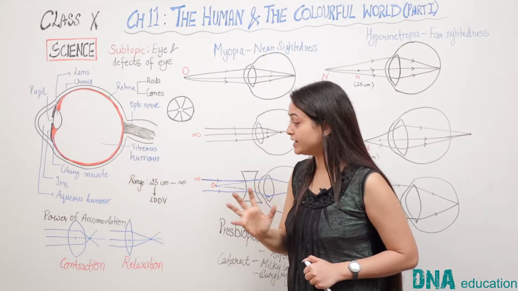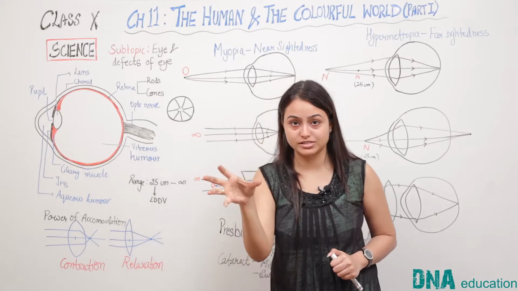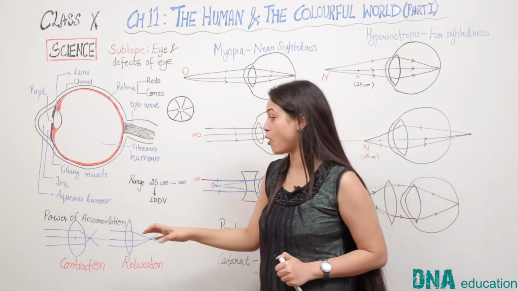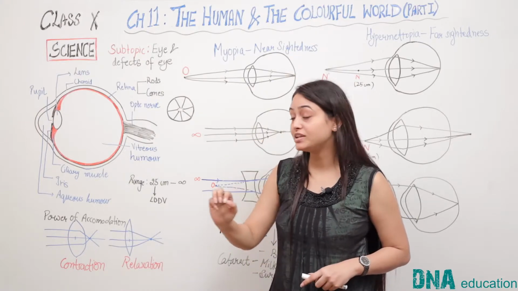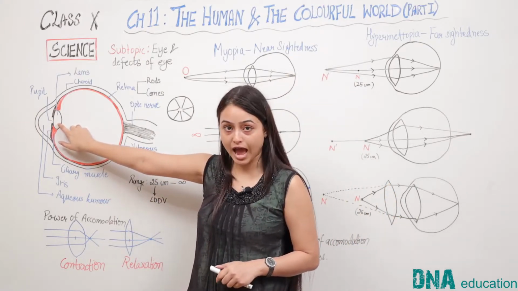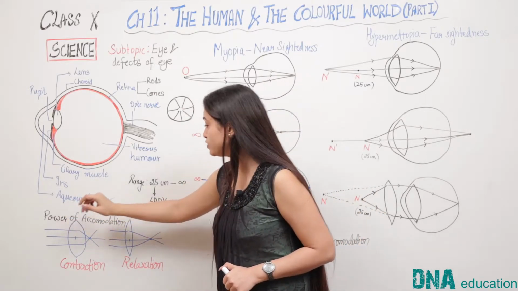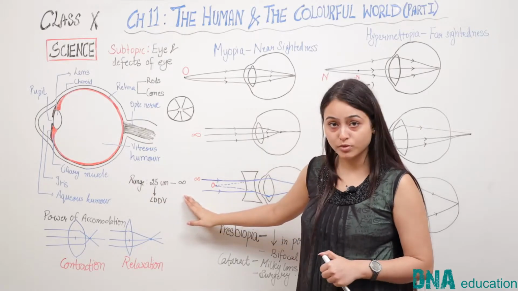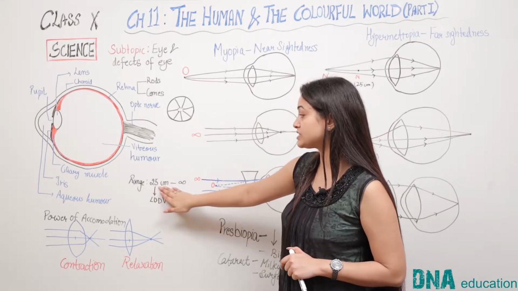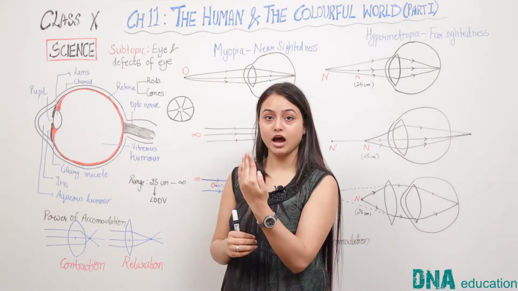Now this ability of the lens of the human eye to change its focus is called power of accommodation. As we can see, power of accommodation is the ability of the lens of the human eye to change its focus. And according to this, we see that the range of visibility of the normal human eye is 25 centimeter to infinity. इसका मतलब कि अगर कोई ऑब्जेक्ट हमारे